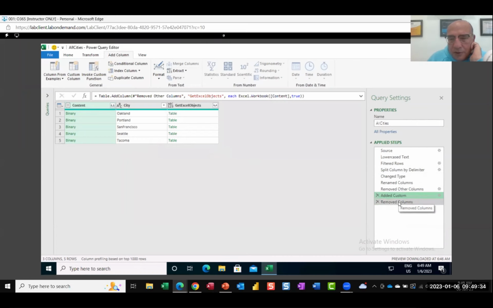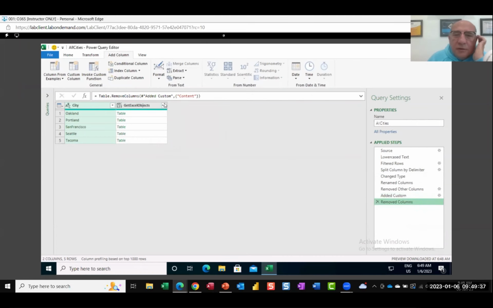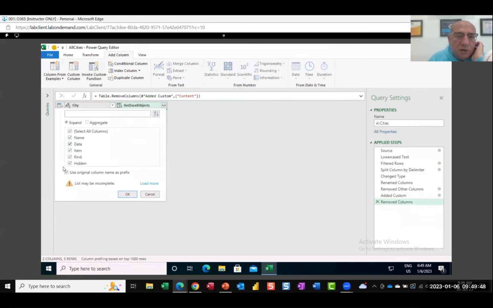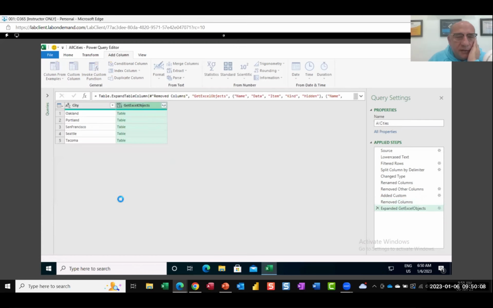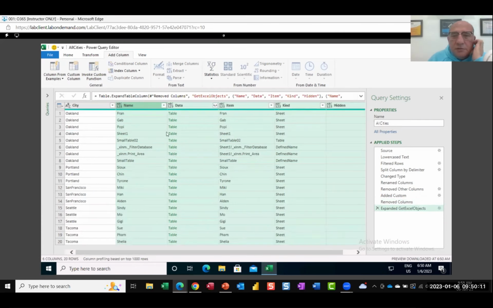So what I want to do, I click on removed columns, and I want to expand, but I don't want the column header to precede the name of each column. How do I do that? When I click on the double side pointing arrow, I take the check away from this box. This box reads, use original column name as prefix. I don't want that, so I'm going to uncheck this box. Once I uncheck this box, I hit OK. And here you go. I get name, data, item,